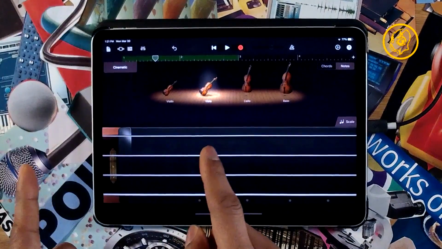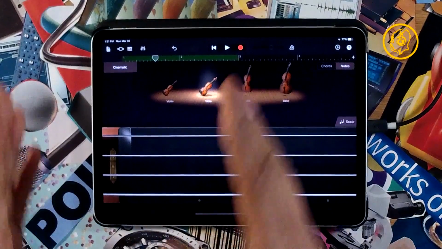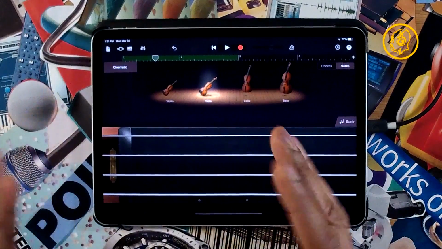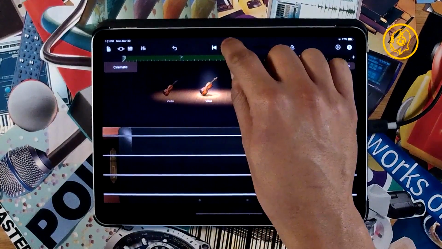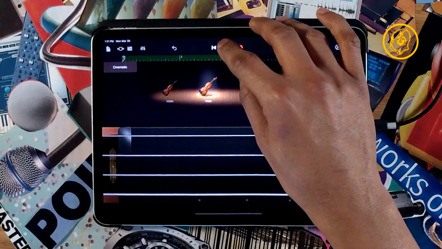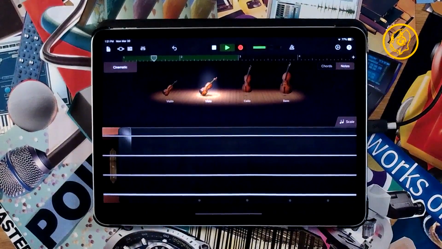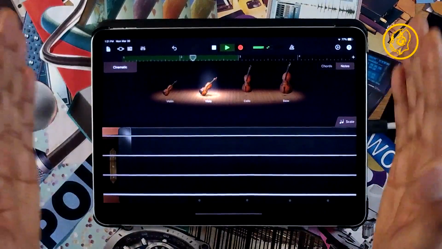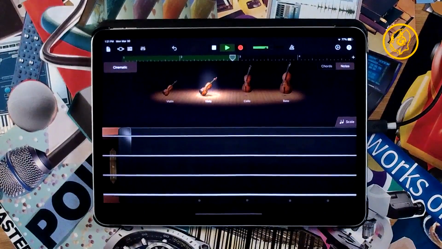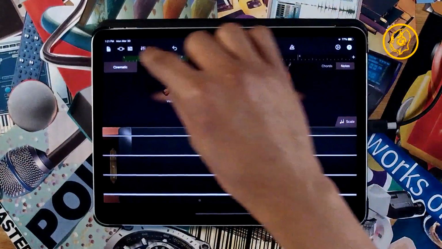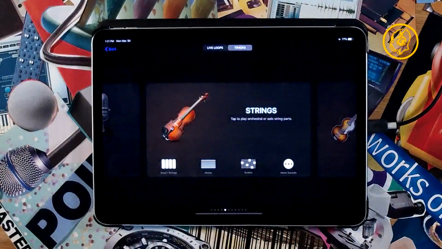Okay, so remember what happens. Sometimes if the note isn't played exactly on the one, GarageBand won't recognize it until the second time around. I don't know why that is the case, but I guess it's giving time for the quantization to kick in. All right, let's add some more.